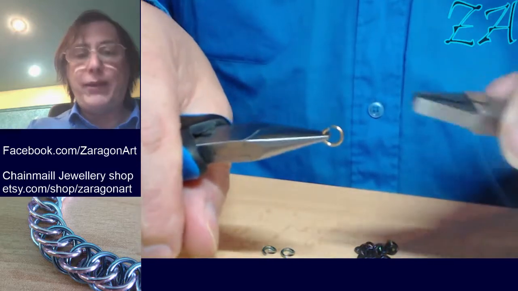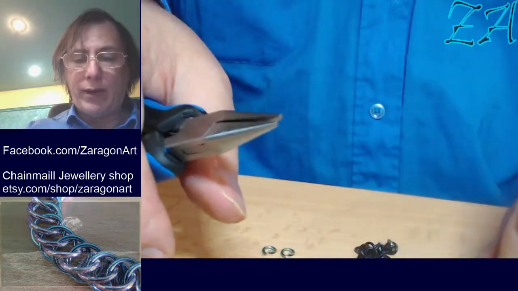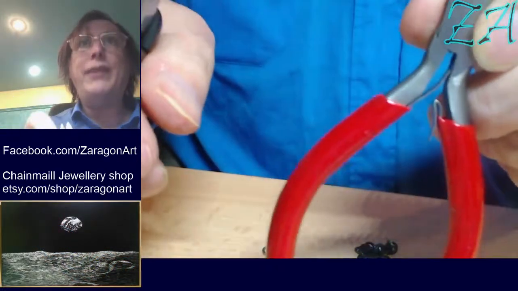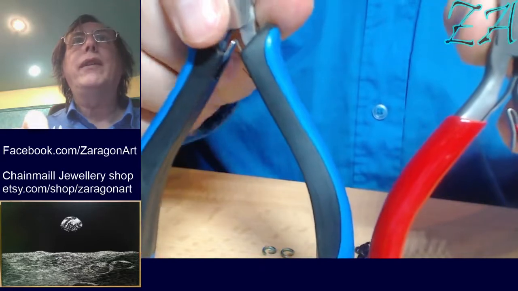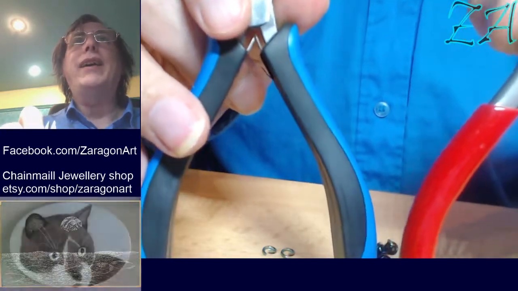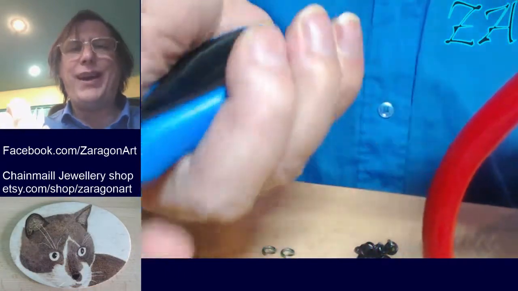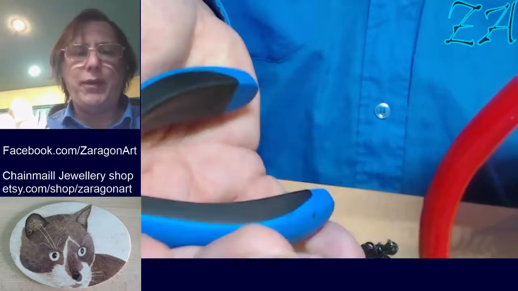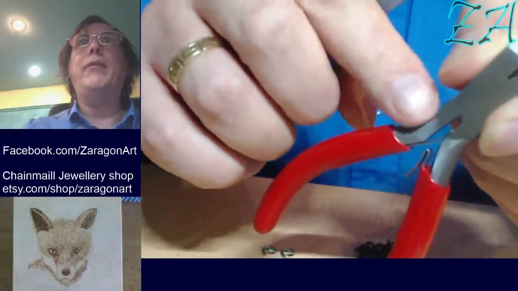So really it's a case of use the big ones when I can, but use the little ones if I can't. The only thing I don't like about using these, see the difference in the handles. These are an ergonomic handle, they're bigger, and they're slightly padded. They're not soft, but they're not particularly hard. It's just a plastic coating over the metal of the